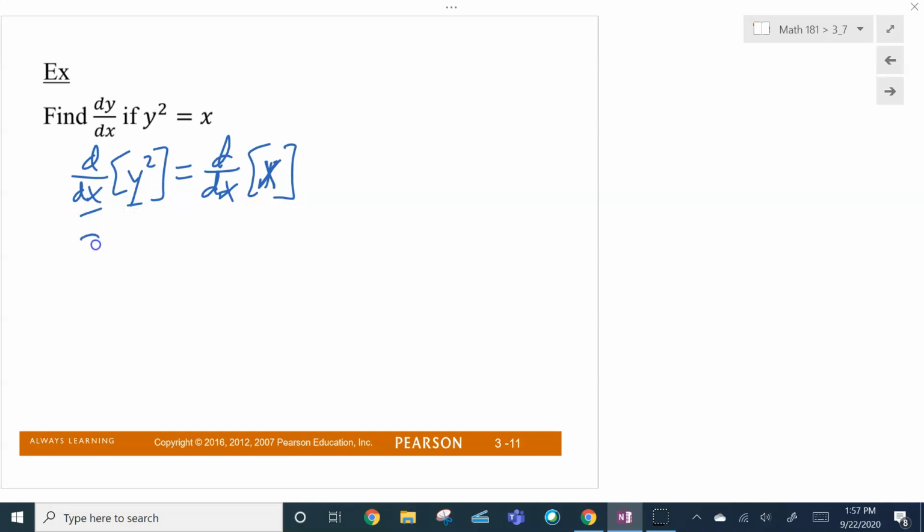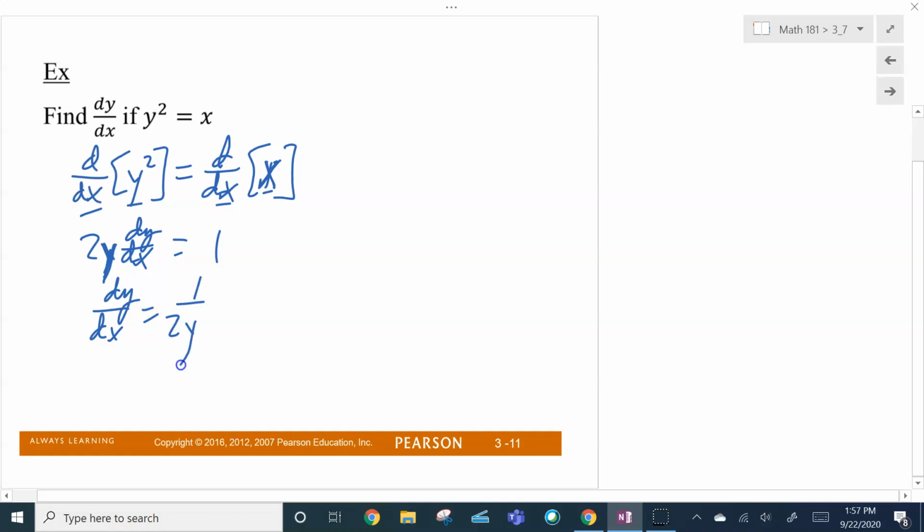Variables disagree, so take the derivative. Don't forget the chain rule, so 2y dy dx, right? Over here, the variables agree, so I just run the derivative. So dy dx is 1 over 2y. Now, I know this one, you can solve this for y